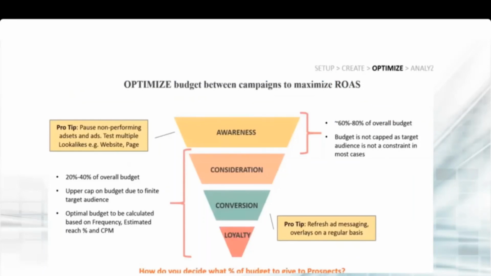Again, this is a funnel, right? So once your campaign is live, the next thing that you can do is pause your non-performing assets, right? You can see in the ads reports which is not performing well, you have to immediately pause that. And whatever campaign is performing well, you always need to allocate budget to it, right? So what is the budget? You can increase 20 to 40% of the overall budget for all your performing assets, because you know that this is where the business is coming from. You are getting good prospects from those kinds of ad sets.